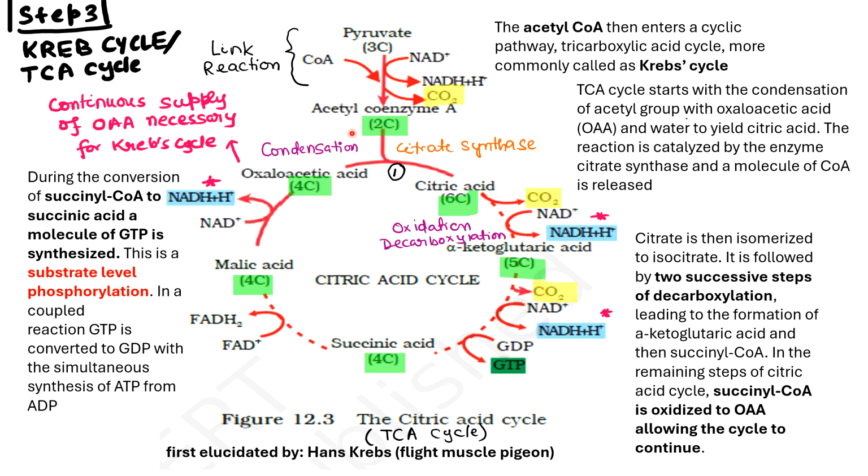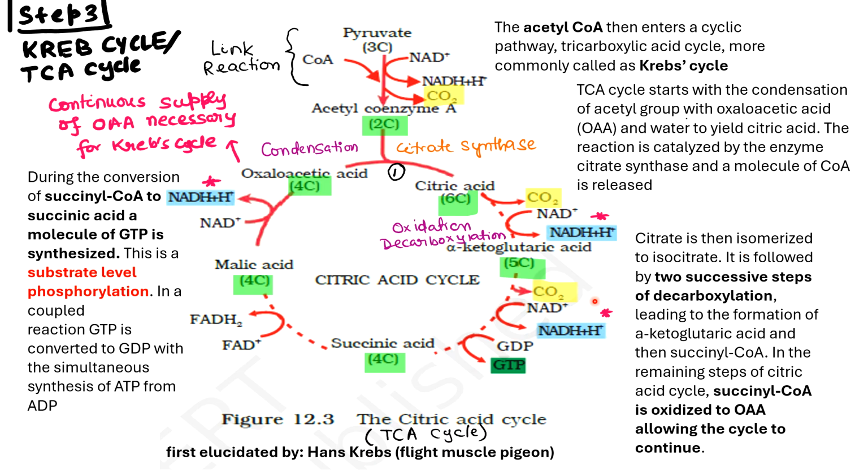Because the condensation reaction takes place, the compound formed is a 6C compound, that is 4C plus 2C gives a 6C compound. Now the enzyme catalyzing this is citrate synthase, and the citric acid hence formed undergoes 2 steps of decarboxylation